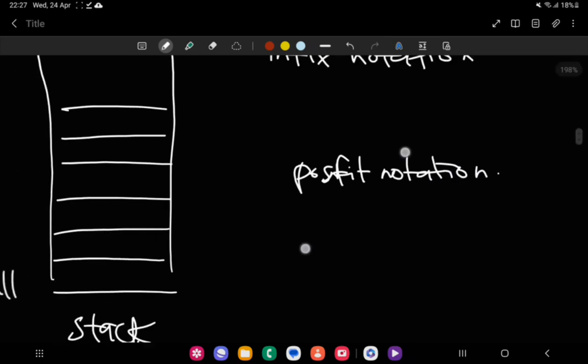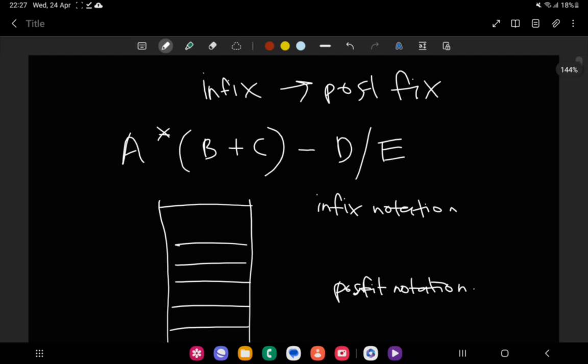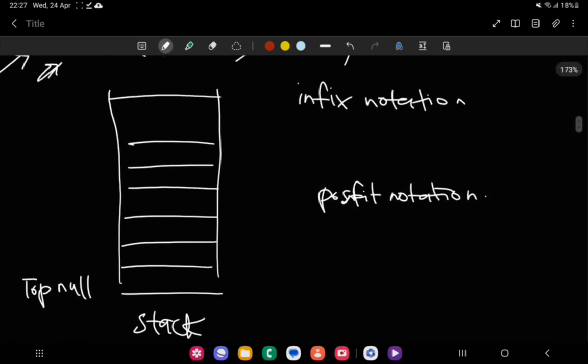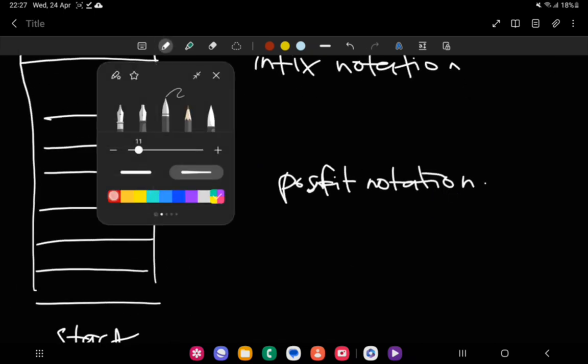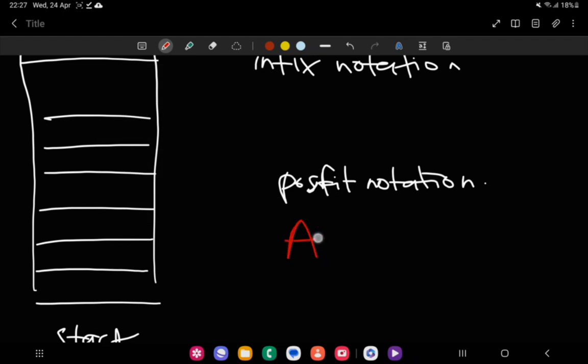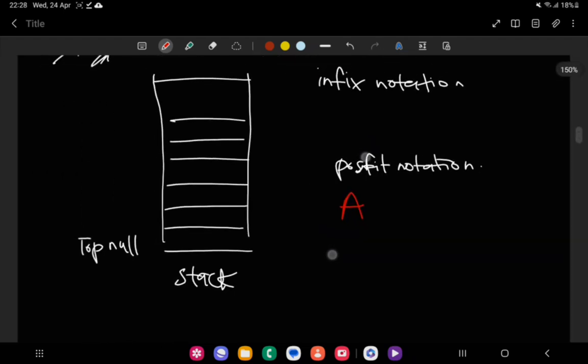Alright. Then firstly, the first stage is we need to scan from the left to the right. So we see the first token is operand A. Then operand A is appended to the output as is. So it means we put A to the postfix notation. So we change the color. We use the red one and we put A here. There's nothing to do after that. So the next stage